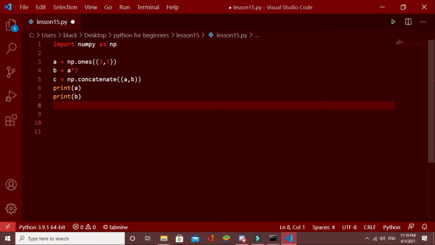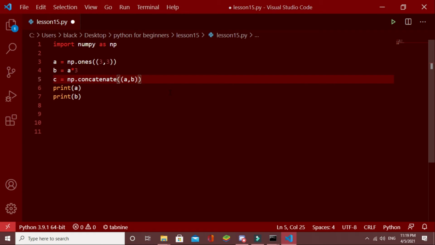Then there is another option called axis. That is the axis we are going to concatenate by, that means horizontally or vertically. In this case, I am going to concatenate it horizontally, which means column wise, so I don't give any axis number here. By default, the axis is 0.